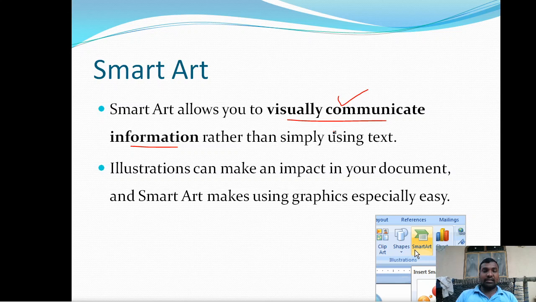Visual communication draws more attention compared with normal text. Illustration can make an impact in your document, and smart art makes graphics especially easy, so it is easy to get the actual content across to the audience.